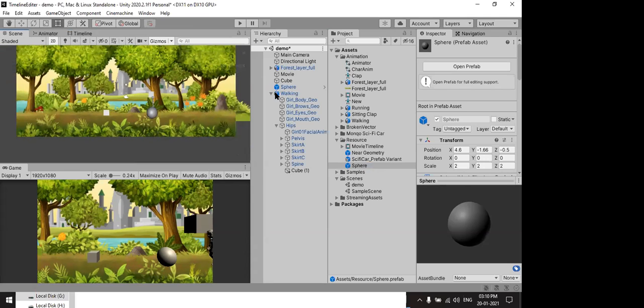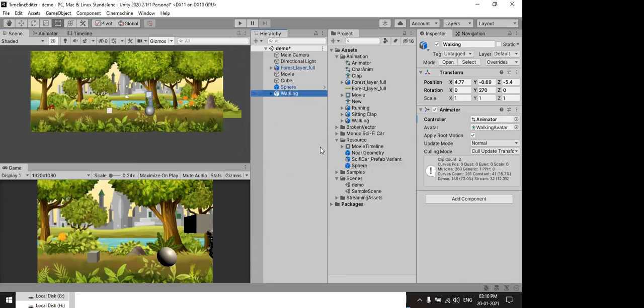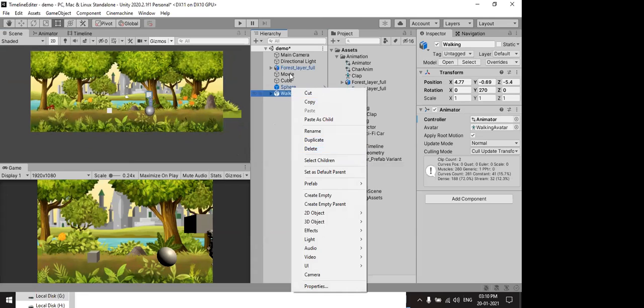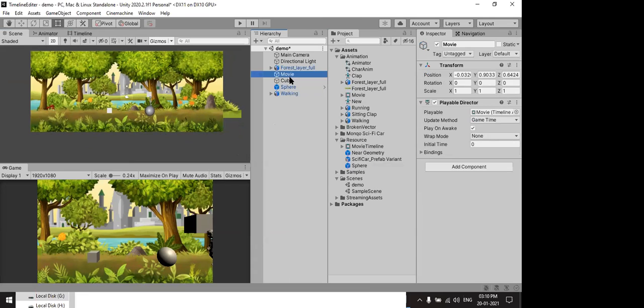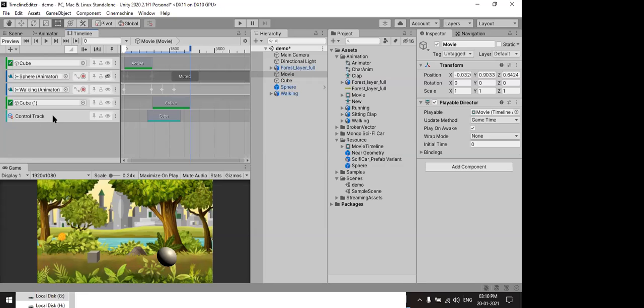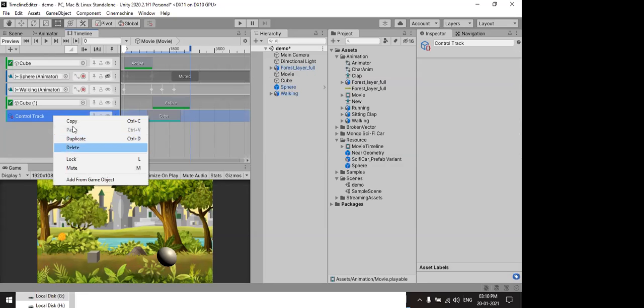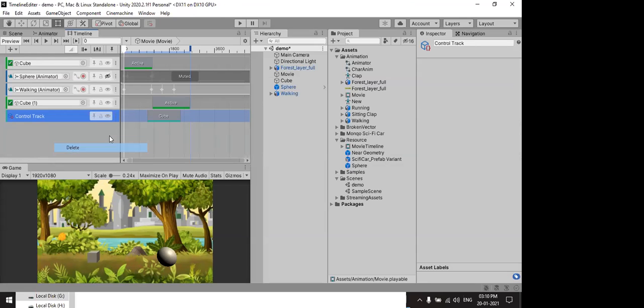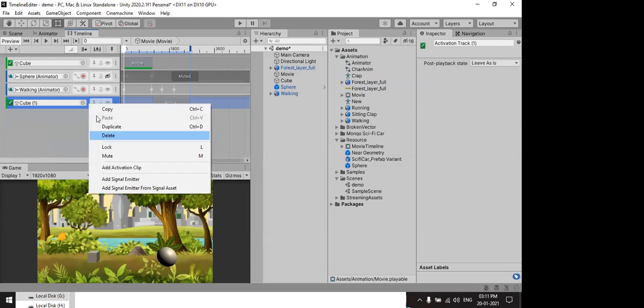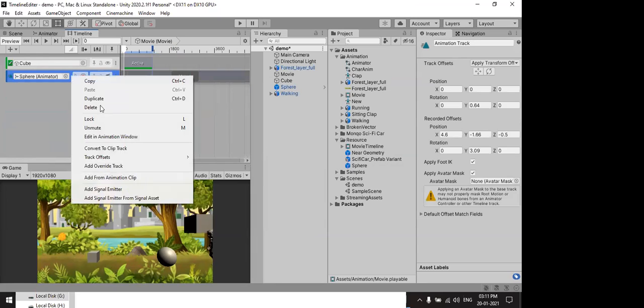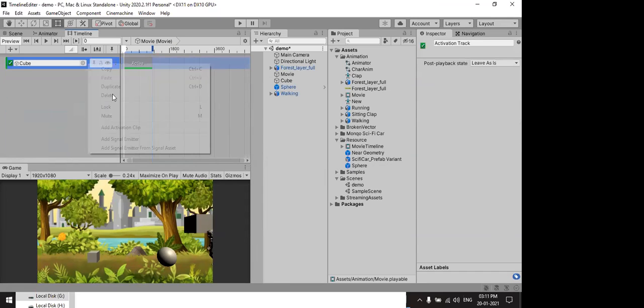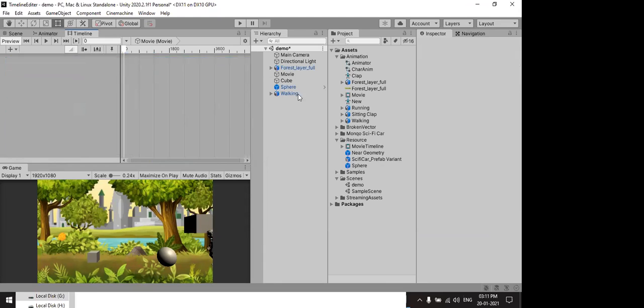Now I delete that movie clip. Remove those unwanted timelines. Delete, delete, delete, and delete.